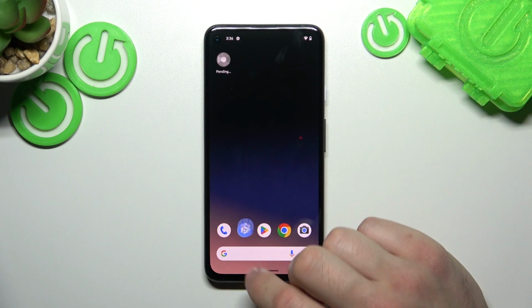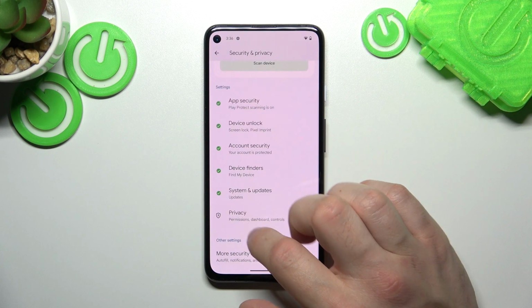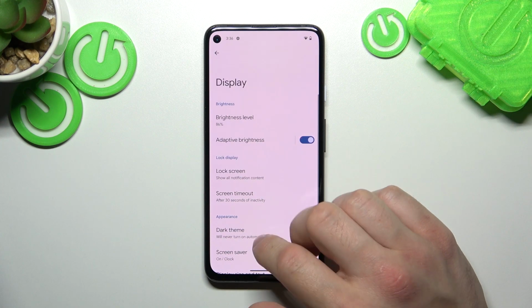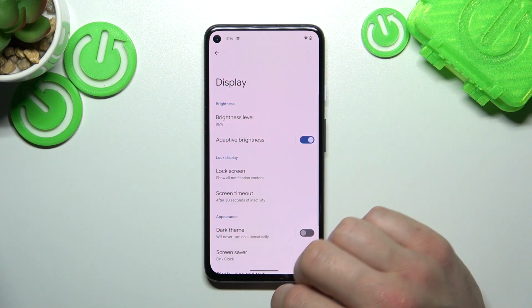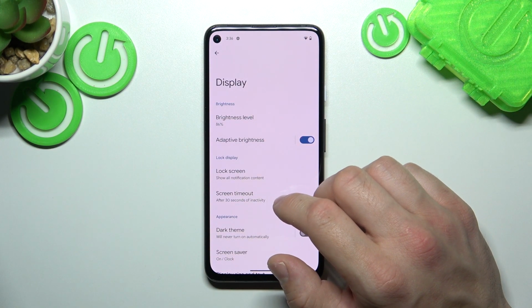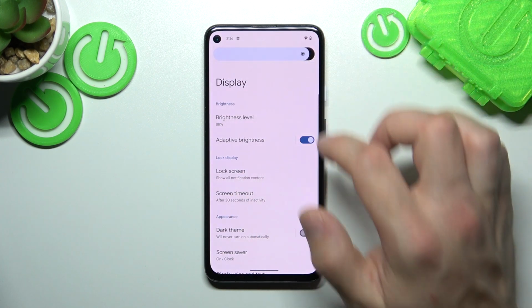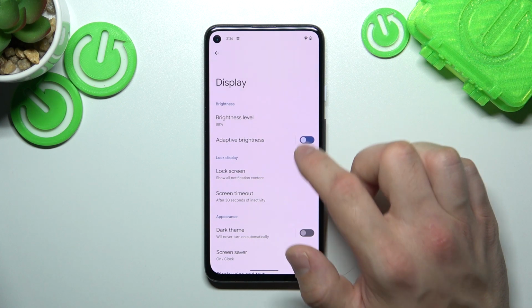In the beginning, let's go to settings and now enter display. Right here we've got all settings for our display. Let's start with the top of the list where we can change the brightness level of the screen, enable or disable adaptive brightness,